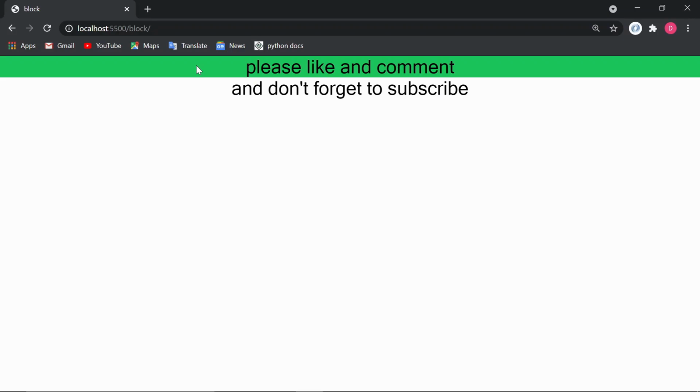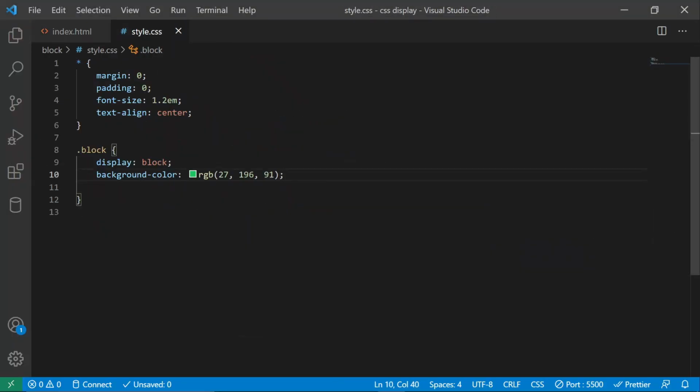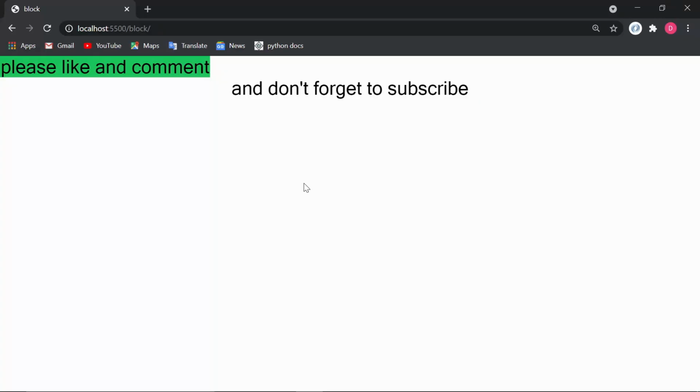So in our browser, we can see our two elements. So our first element is set to display block. So it takes up the entire width of our screen. So any other element will be pushed to be below our display block element. And even if we change the width of our block, it won't matter. We can set the width to something like 30%, and this won't matter. As you can see, there's plenty of space next to our block element, but it doesn't allow our element below it to exist in that space, as our block element will always take up the entire width of our block